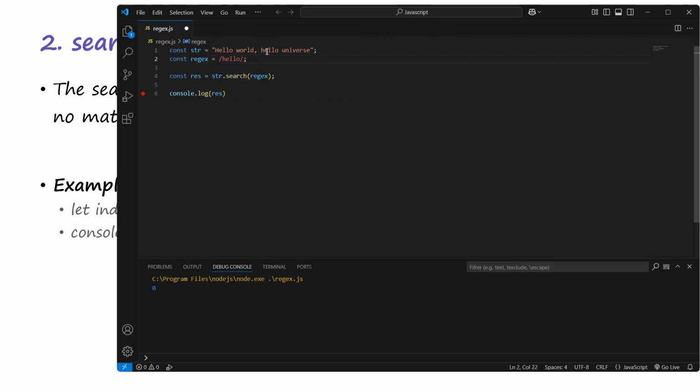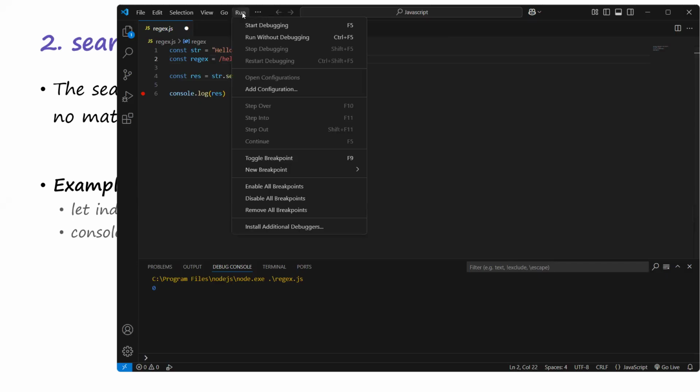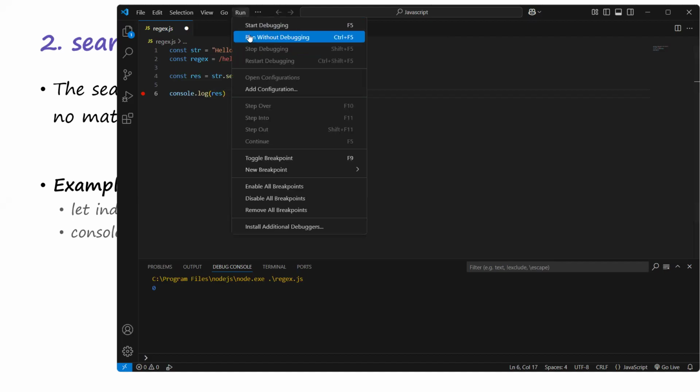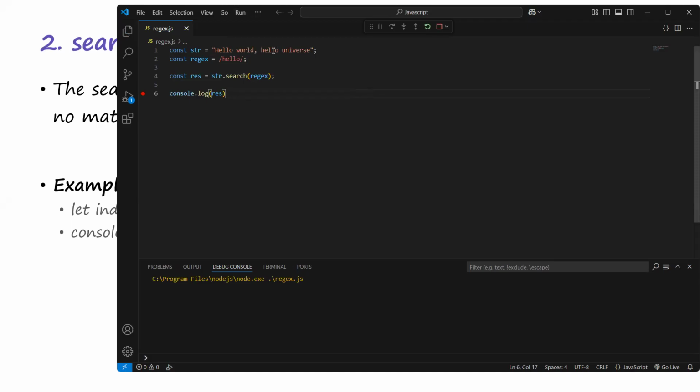That means it's going to match the second one, which is the correct one we are looking for, depending on the regular expression we are using. Because right now, if you look at it, we are not using any case insensitive flag. So it will not match this hello because this hello is uppercase, and this hello is what we are looking for here. So there is no case insensitive flag. It will only match the second hello, and this hello, the index is